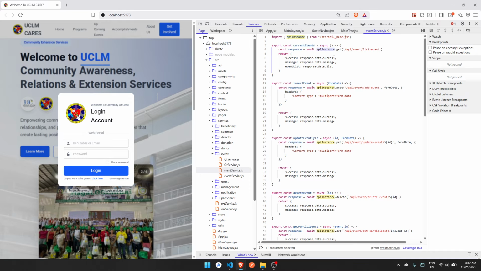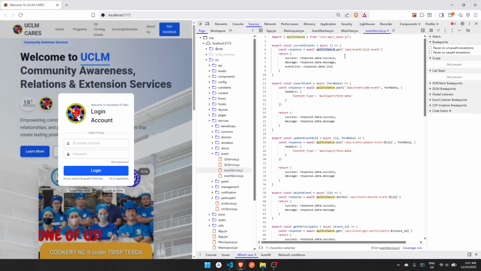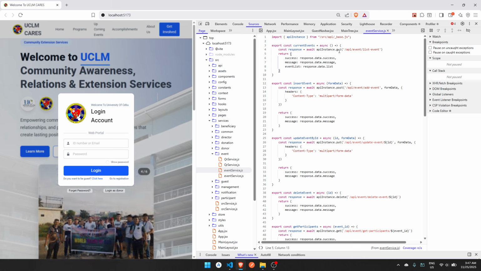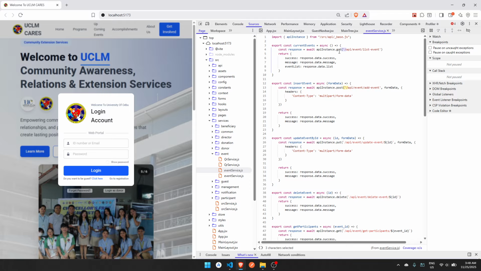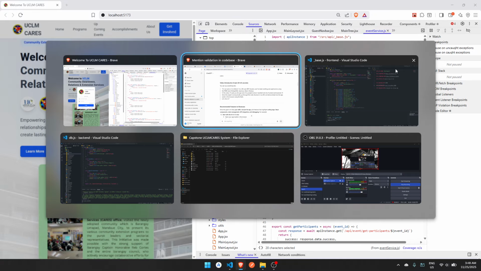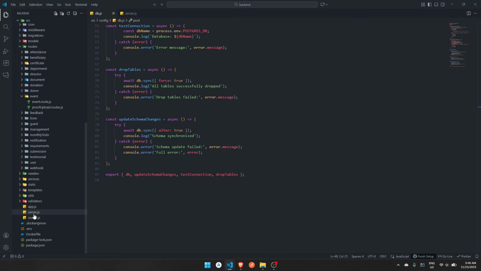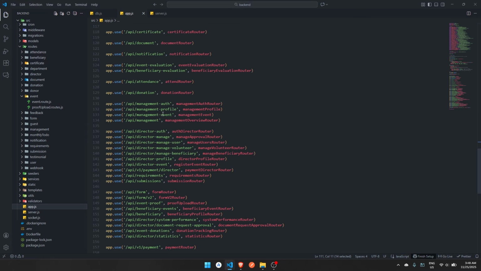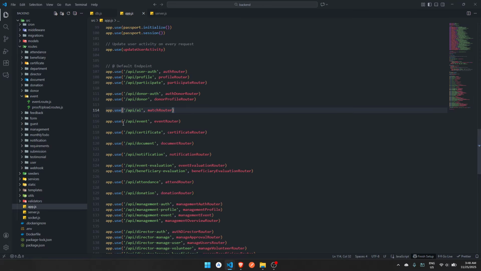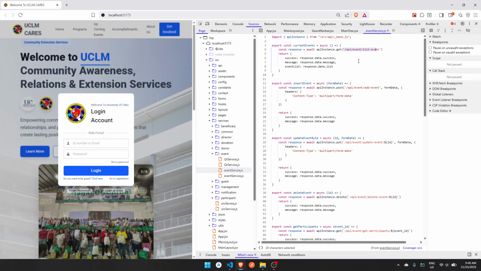Then there is the endpoint of our localhost of our backend, which is port 8000, and we do the request method, the request API, and as you can see, we have here the API event list. You can see it in our backend: the API event and then the list of events.